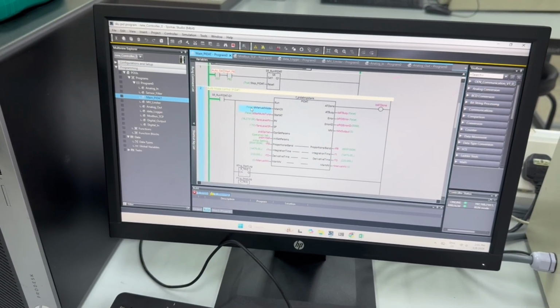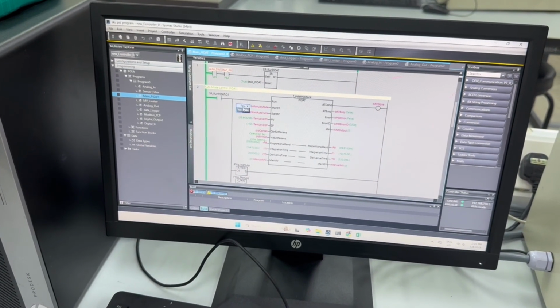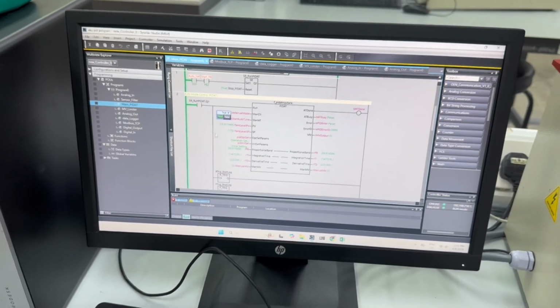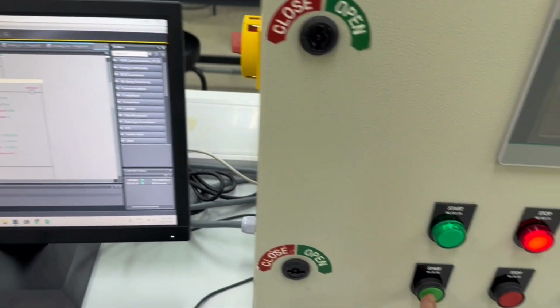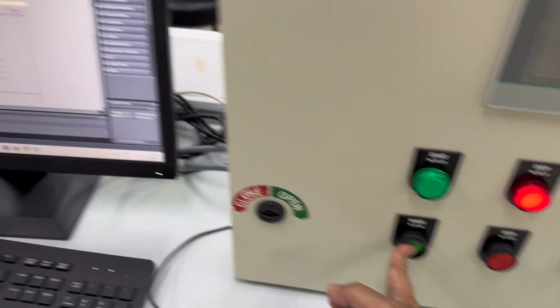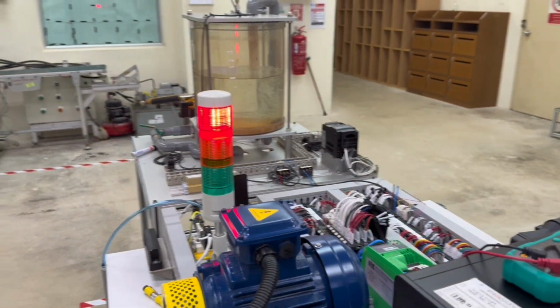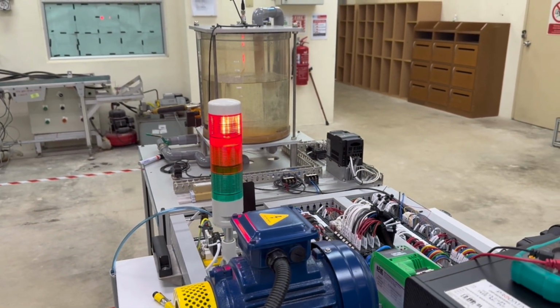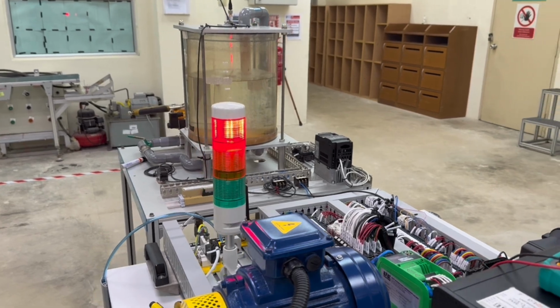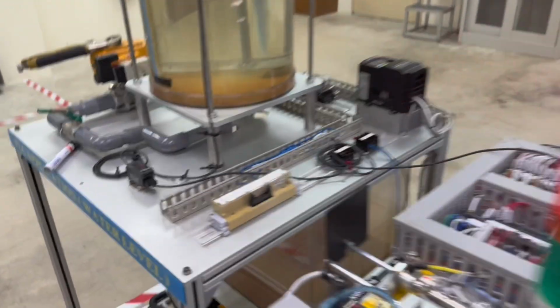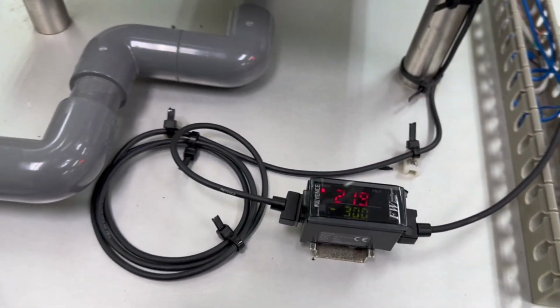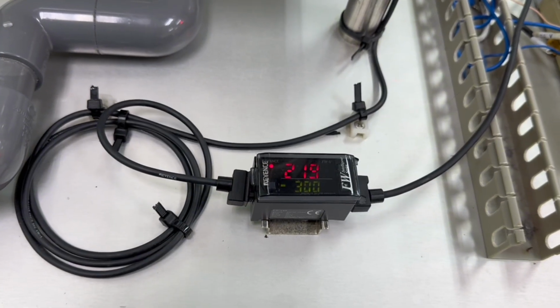Go here. Manual. True. Then we start, so the water will increase. Okay, stop. You can see here 219.